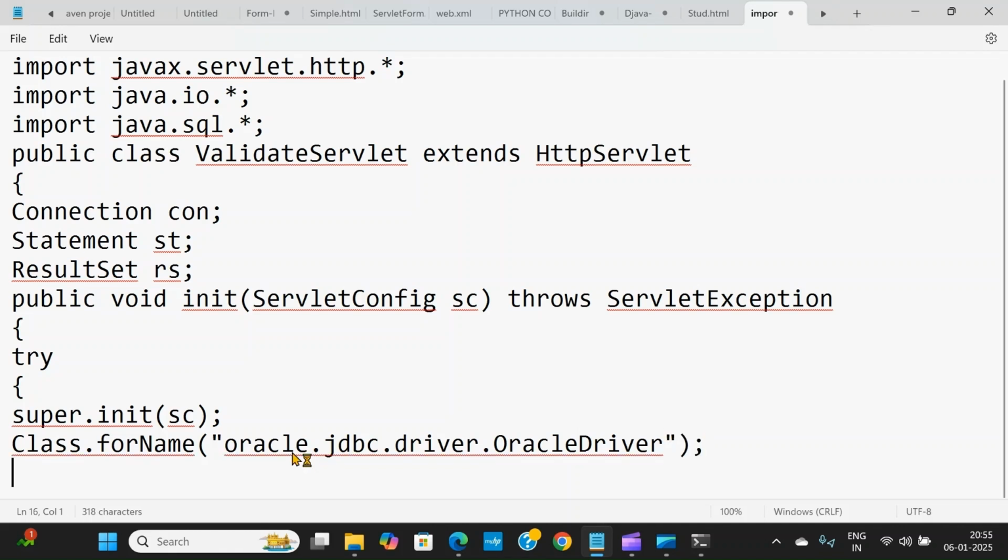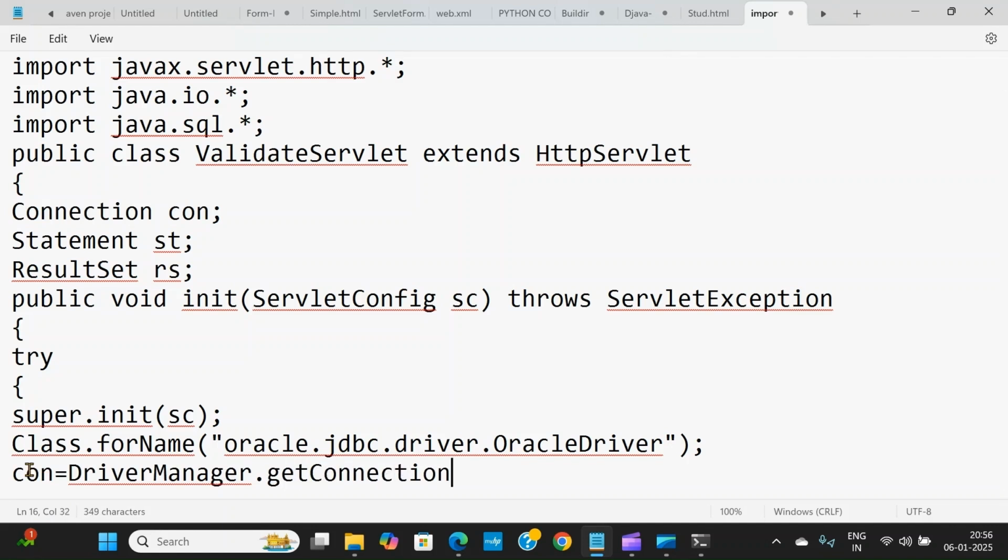Then close. Then connection establishment, already Connection con is created here. I'm using that, con equal to DriverManager, which is a class. I'm calling one static method called getConnection. DriverManager is a class, under that we have a getConnection method, and here I need to write jdbc:oracle:thin: